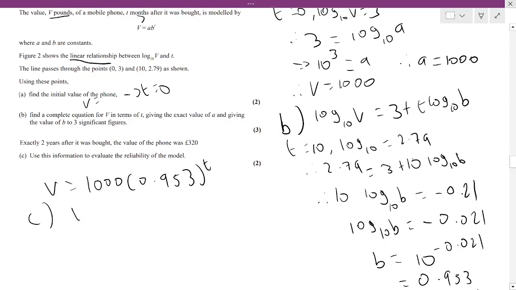So the value is 320, and T is 2. So you can do two things. You can either plug in 320 with V and then solve for T, or the far better way, 'cause then you have to take logs, right, or whatever. You can just plug in T as 2, and then you just get V straight away. So T is 2, that means V would be 1,000 of 0.953 to the 2, and that would be